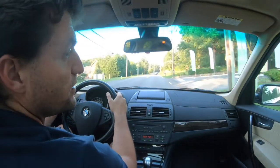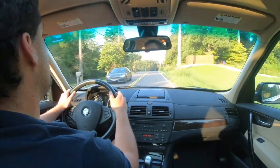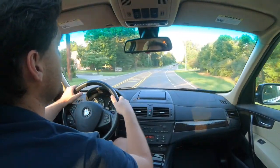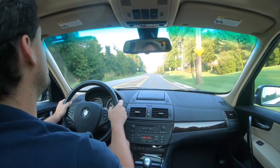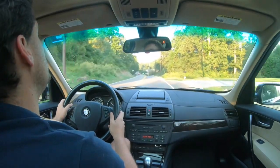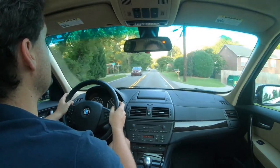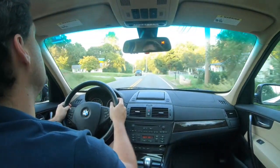I mean, for me, an aspirational vehicle is a 911, a Ferrari, M cars, things of that nature. And one of the reasons for that is that most SUVs, whenever you drive them, they just don't feel very stable, certainly not as stable as a car. They have a higher center of gravity. They have more body roll. But I can tell you, when I test drove this car for the first time, I was very impressed with the driving dynamics of this car. Even though this is an SUV, even though it sits higher off the ground, this X3 feels very tight. It handles amazingly, and it kind of has this feeling of being a compact car when you're driving it,